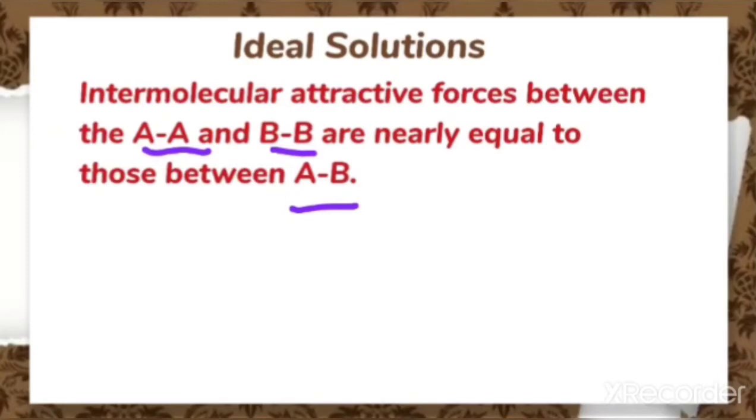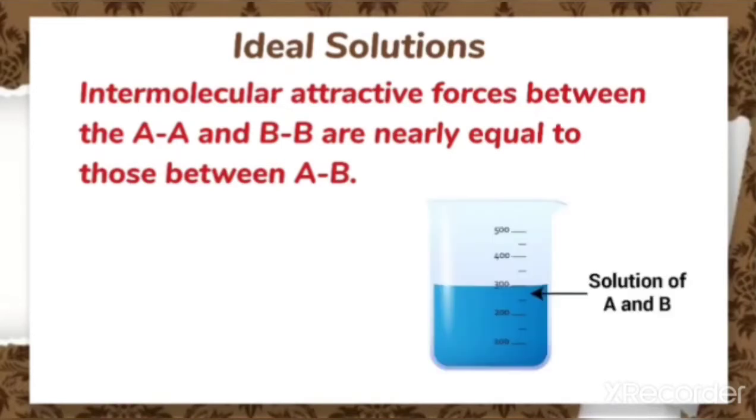So that means at the molecular level we can say that the solution is ideal when whatever the interaction is between the pure components, that means between A and A and between B and B, the same interaction will be there between A and B, that is the solvent and the solute, when they are mixed. Then only we can say that the solution becomes ideal and shows the properties we have learned here.